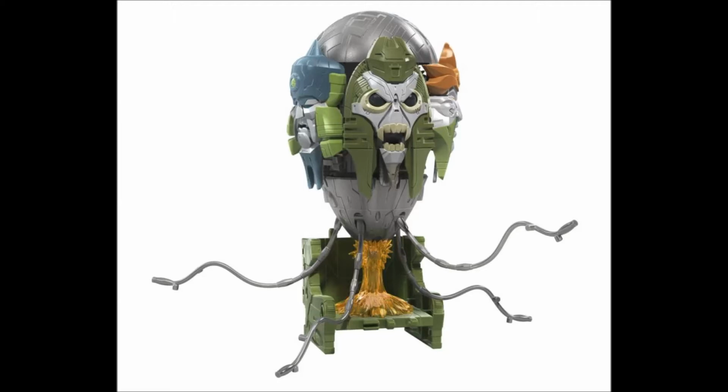And he's in a little chair. He's got the little energy base. Looks amazing. The sculpt looks right. I mean, Hasbro knocked it out of the park with this. And I'm presuming the heads are going to spin around like the Cyberverse version. But, jeez, this thing's gorgeous. And it's going to be a hit selling toy,